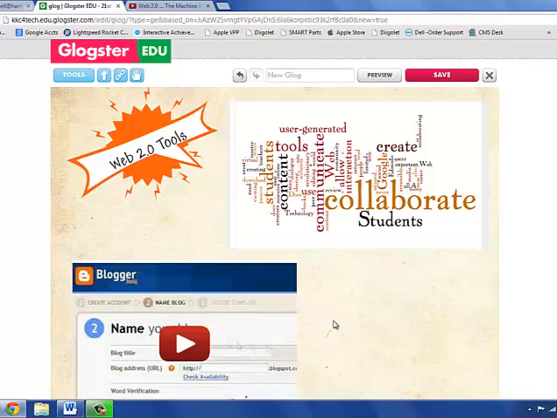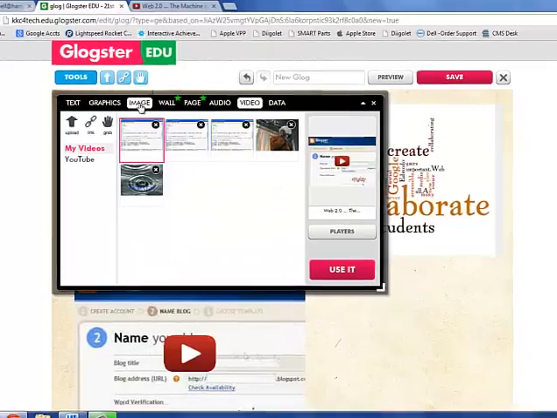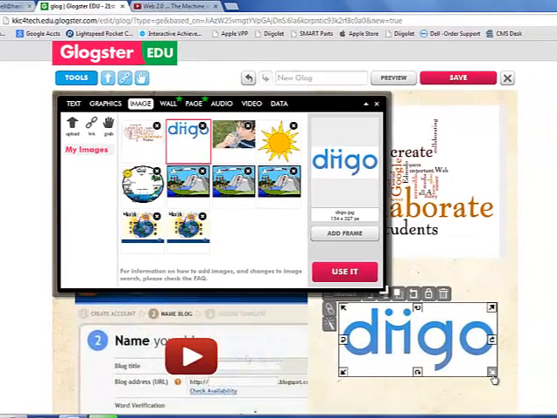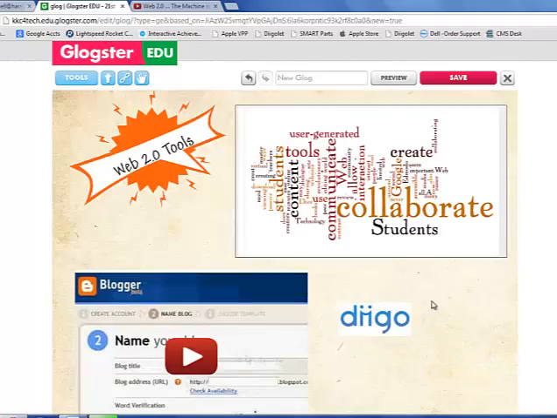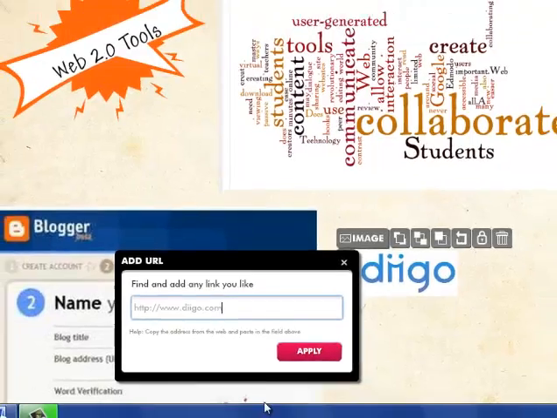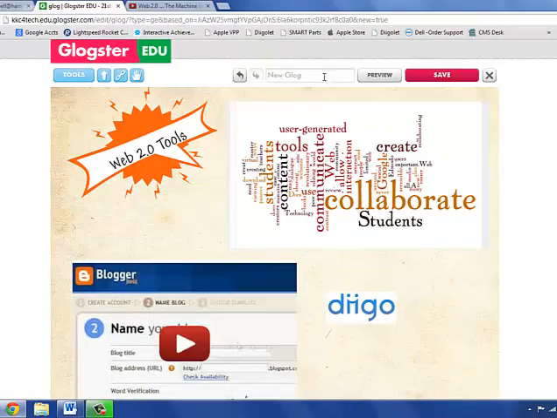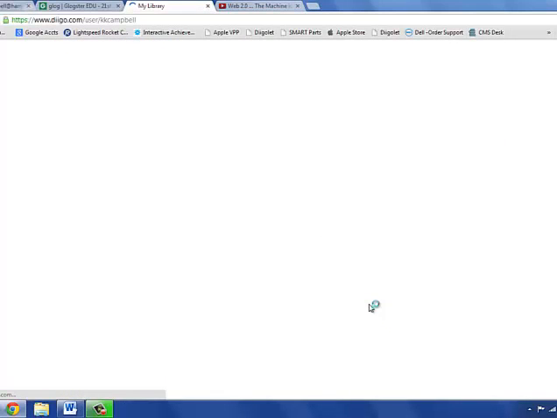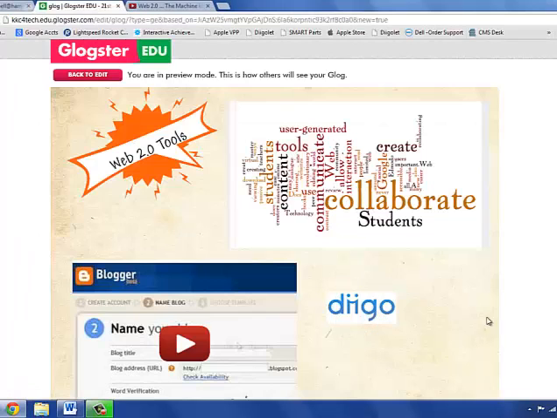Another thing that I can add is links so that people can go. We want this to be interactive. So I'm going to click once again on Tools, and this time I'm going to add an image. I've already uploaded Diigo, which is a social bookmarking site. So I'm going to click that image to use it. Let's resize it. And then if I want to link it, if I click on it, I have the little link button right here. I can just either copy in or type in the URL, apply, and then once again click Preview. When I mouse over, it gives me the web address and it will take me directly to Diigo. So that's a neat way to put a number of different tools there that people could click on and explore